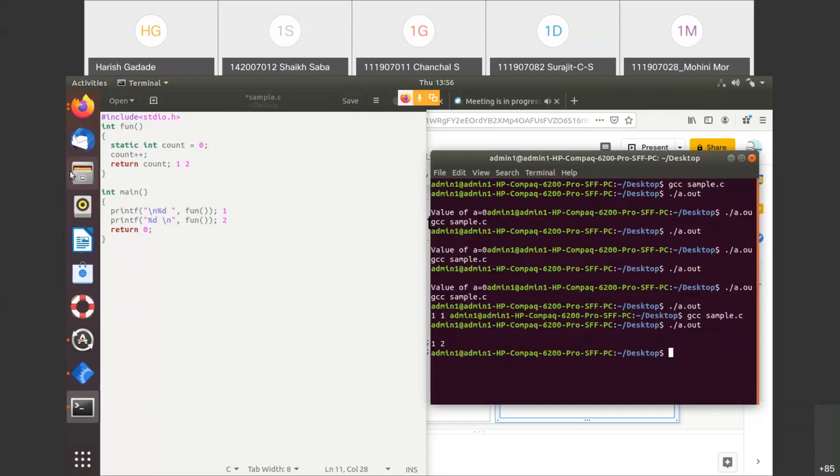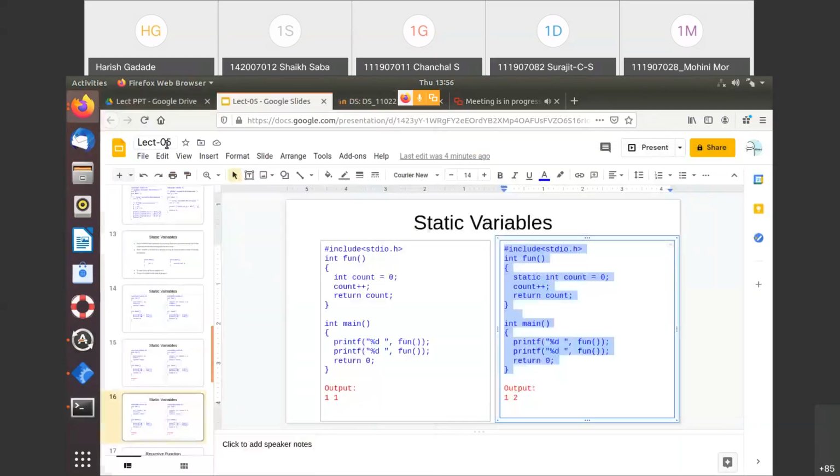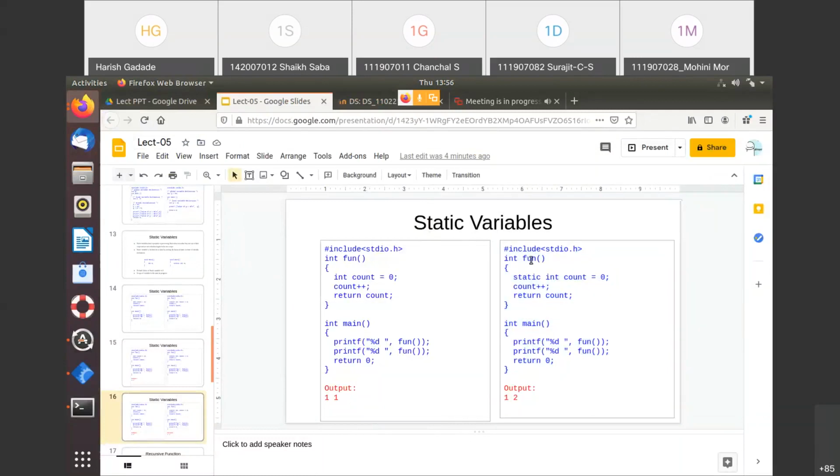If you are having any doubt, you can ask me about the static variables, right? Any doubt in the static variables? So here I'll just say it's a completion of the function point, right? Because we have seen the 4 types of the functions.